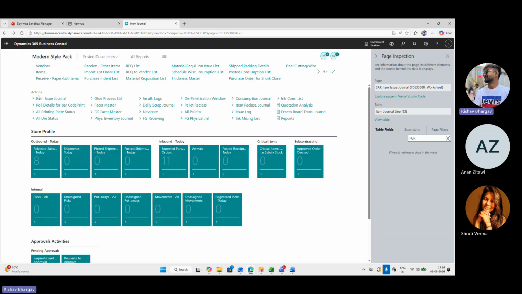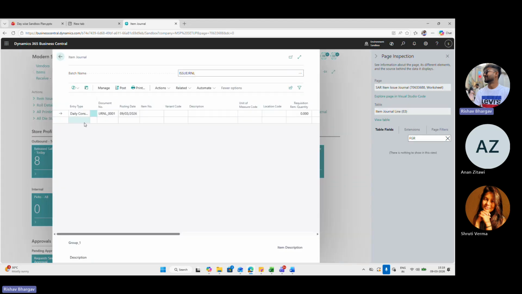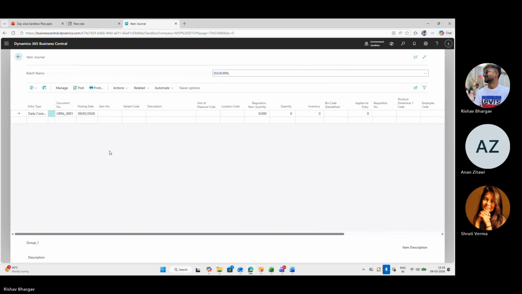So for the item issue journal, it is in the store profile in the action button, item issue journal. So here we select this item issue journal. The journal page will open. Here the journal page appears. So the entry type will always be daily consumption.